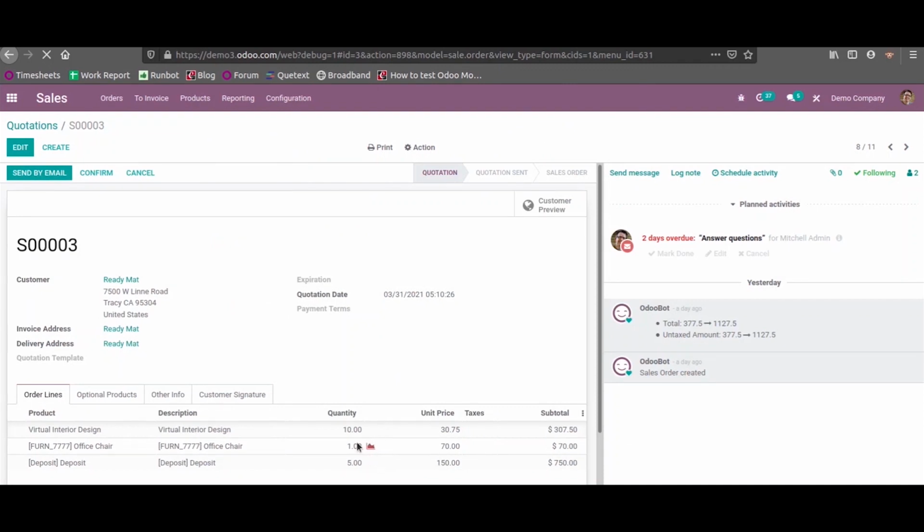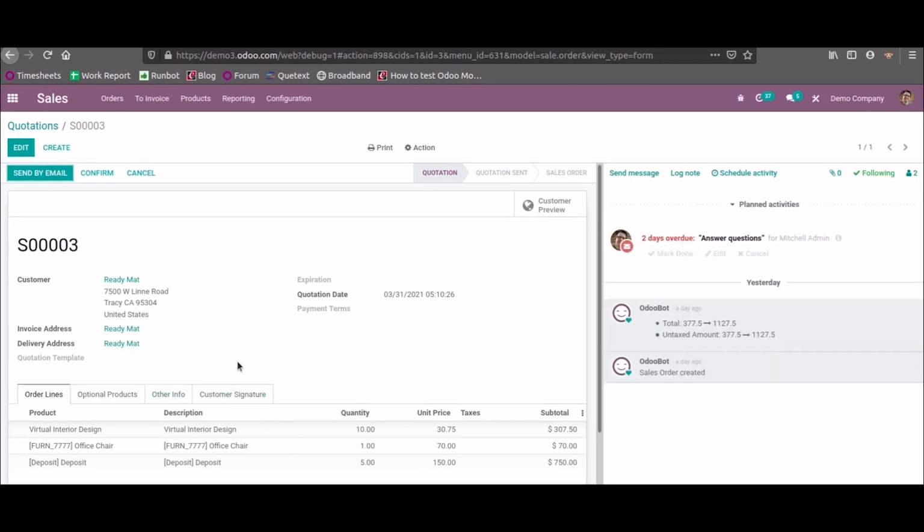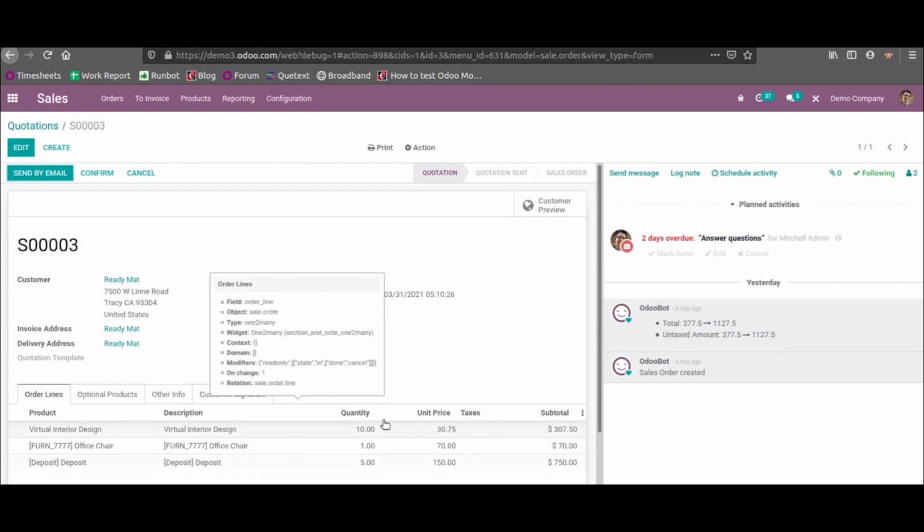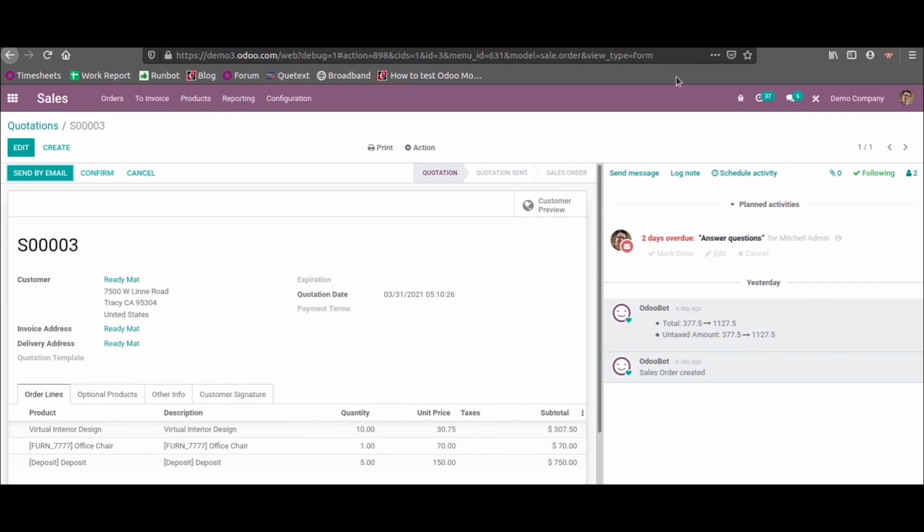Now the form is loaded, and you cannot see the particular column or the chart icon which we saw before, as we have commented the line.